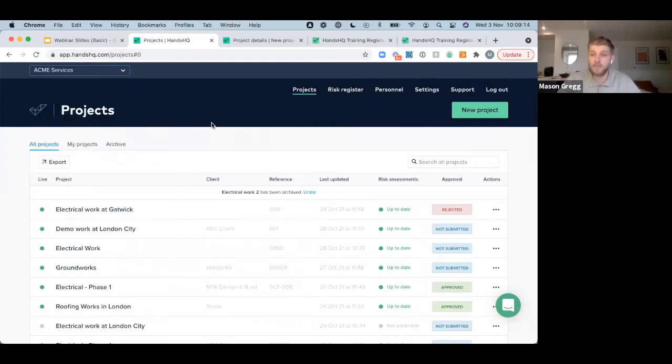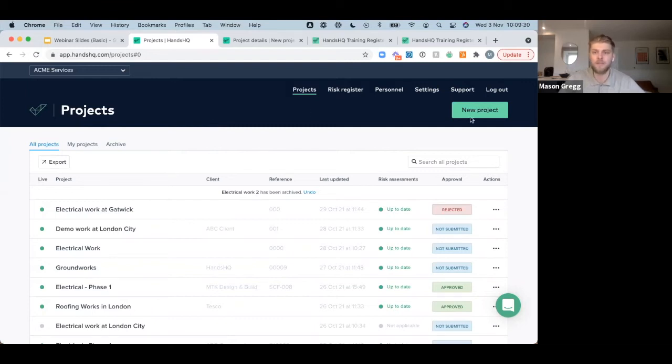Each division can have their own workflow. You can have a division which creates construction phase plans as well, different content, different users on those, and restrict those users to those divisions as well. So we can really make this customized and work for you as an organization.